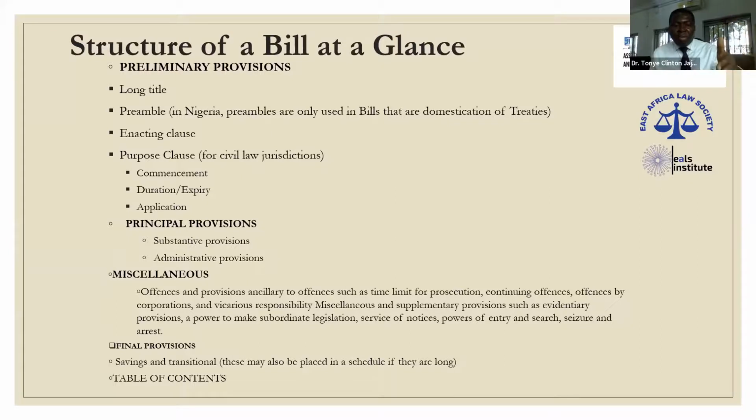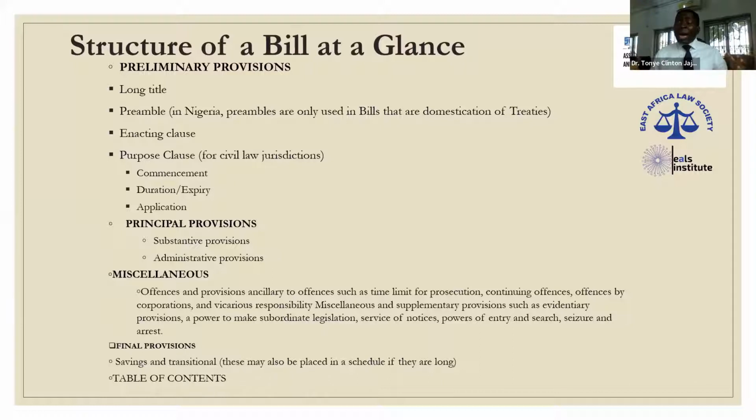Now, if these administrative provisions are too many, you can create a schedule. A schedule means an annexure to the law. That's where you put the details of the other things you want to put, you put them in the schedule to the law. Now, let me tell you about miscellaneous provisions.